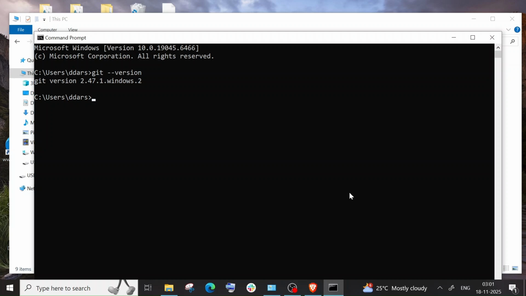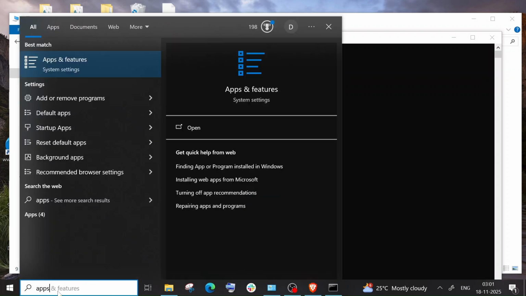In this video, I will be showing you how to uninstall Git in Windows. So let's get started. First thing, just go to search and search for apps. You'll be having this apps and features. Open it,